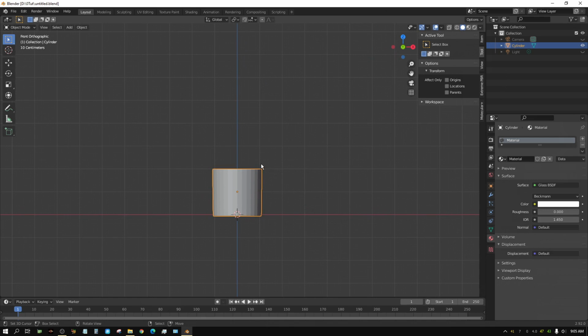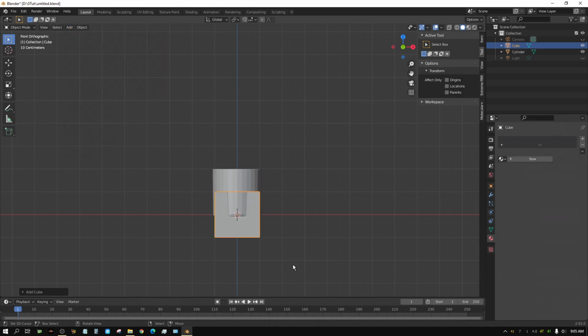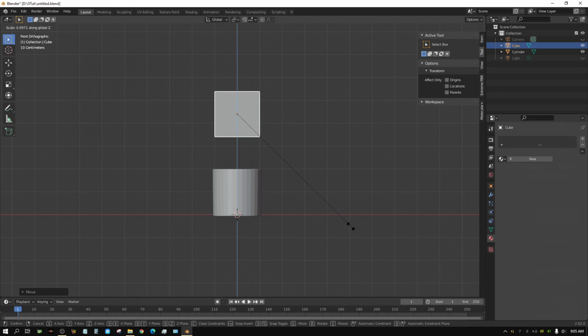Let's go ahead and build the ramps that are going to pour into this. Let's start off with a cube. Add mesh and then cube. Just so we have room to work, I'm going to press G for grab, Z for the Z axis, and then move it up here. I'm going to scale this on the Z axis, S for scale, Z, and then bring it down